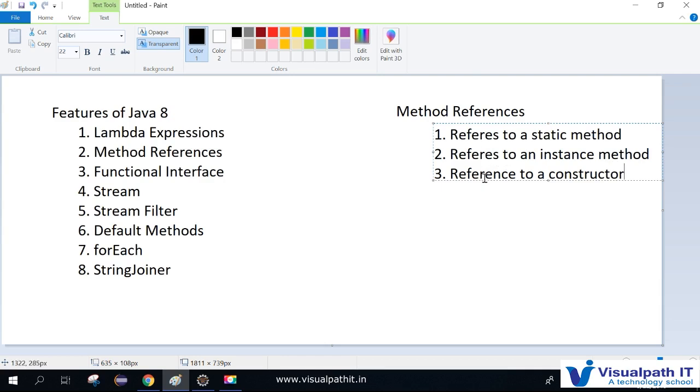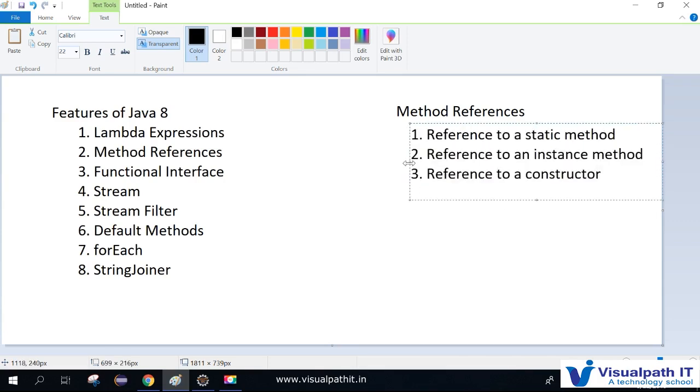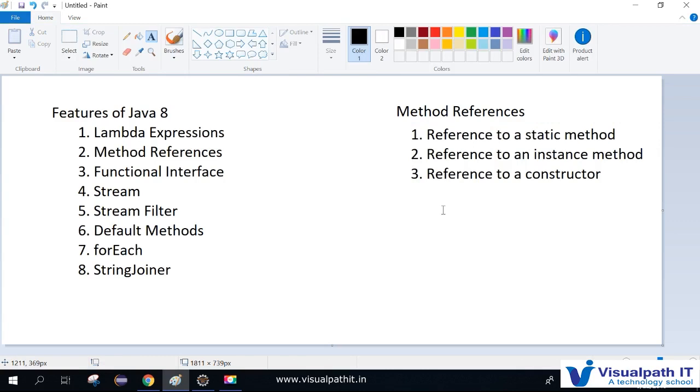So it's not a refer, it's a reference. So as I mentioned, there are three types of method references we have. One is reference to a static method, the other one is reference to an instance method, and reference to a constructor. We can see one by one now what it actually means and how to actually create a method reference